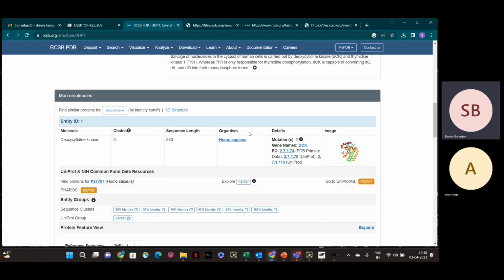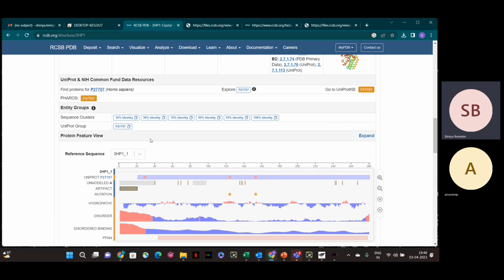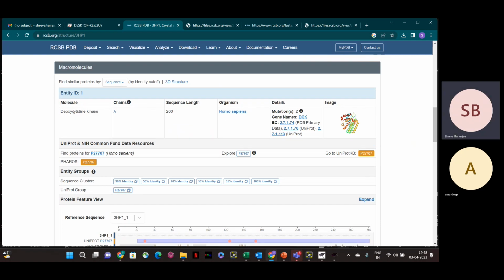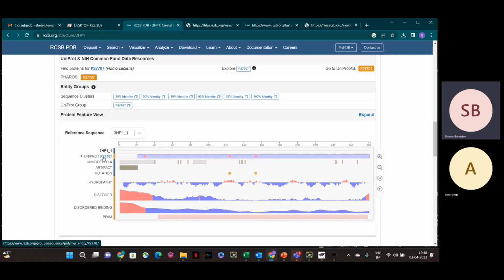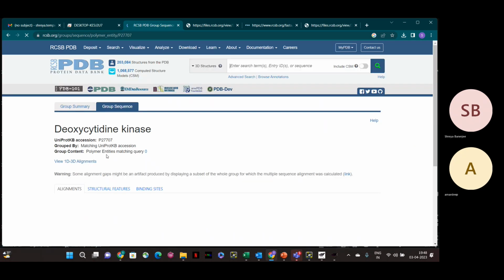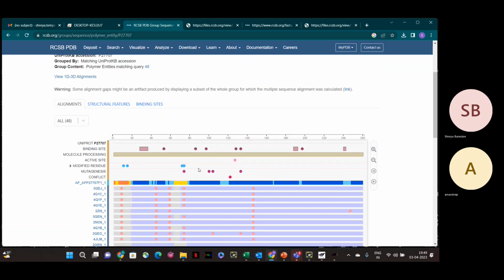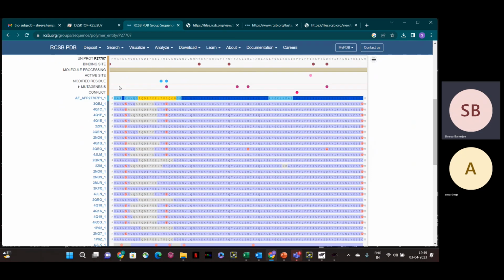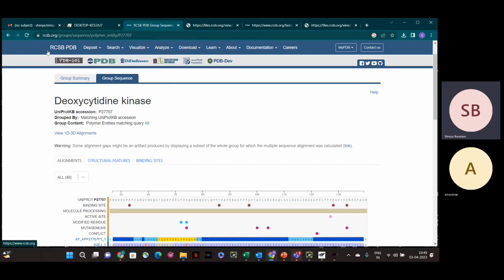If you keep scrolling down, you can see the composition of the protein, the molecule that it is, and the different amino acid sequences. If you go to UniProt, you can find the amino acid sequence. It is showing the sequence matching with different other PDBs. You can see the different amino acids given. Then if you go back,